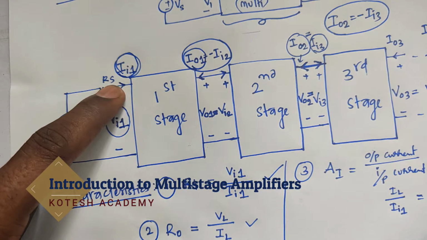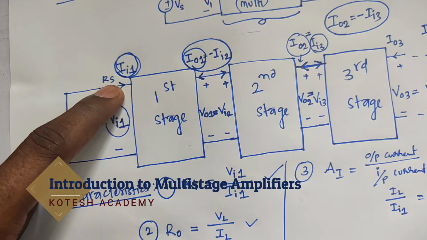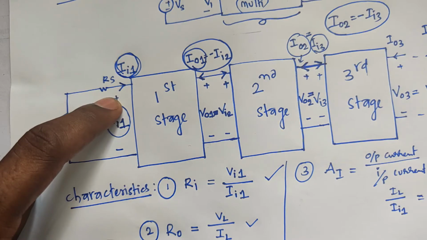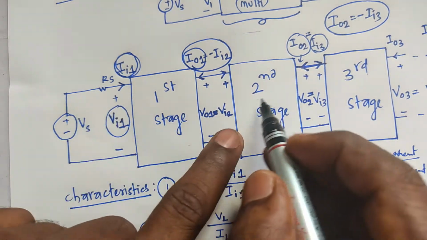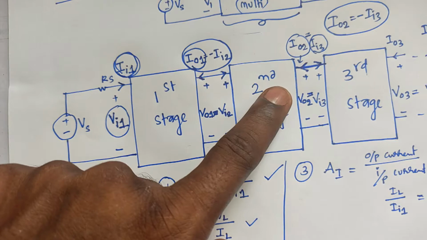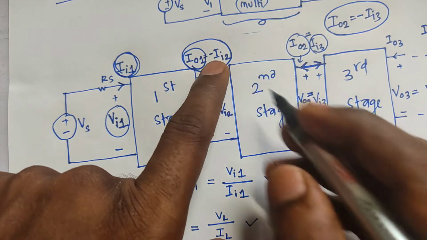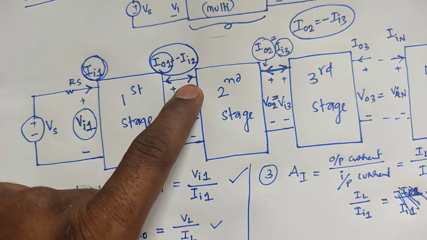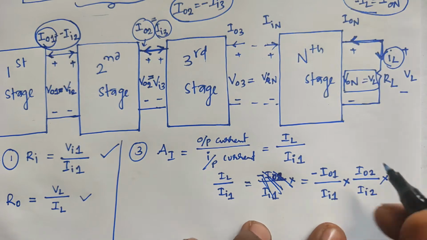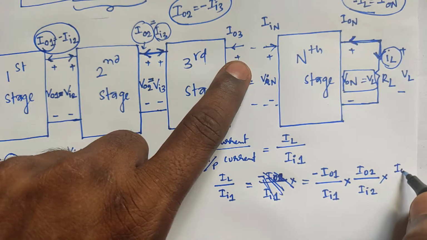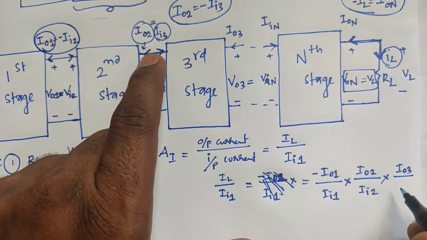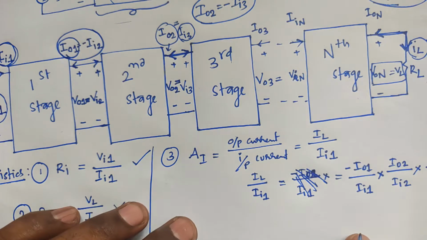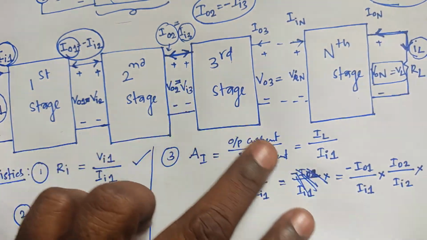Both are opposite direction. Once again I am going to repeat. That is equal to minus I01 by II1 into, what is the second stage current again? Second stage is I02 by input current II2 into third stage. What about third stage output current? It is I03 by I02, like that you can take. So based on this concept you can substitute the entire function. This is II3,